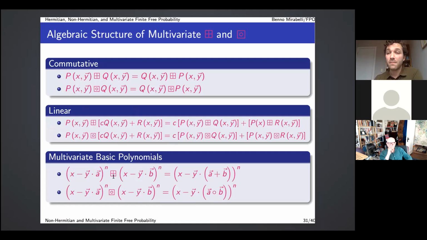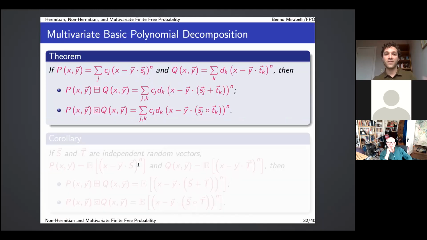When I take their multivariate finite free additive convolution, I get another multivariate basic polynomial where the constant vector is just the sum of the vectors from my original basic polynomials. And for the finite box convolution, I just take the pointwise product of the vectors from my original two multivariate basic polynomials. So just as before, using linearity and multivariate basic polynomials, I can derive the multivariate basic polynomial decomposition,